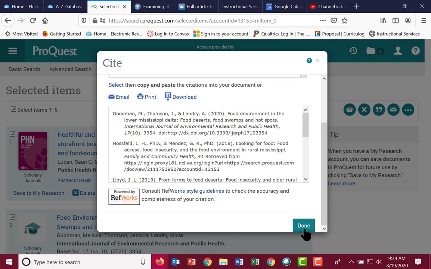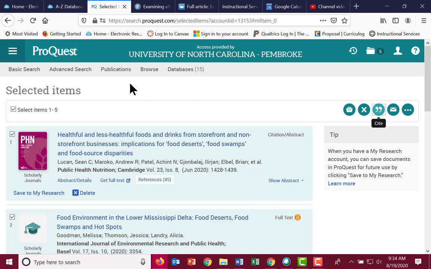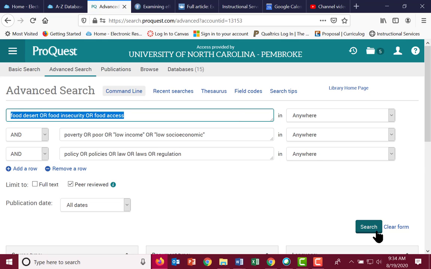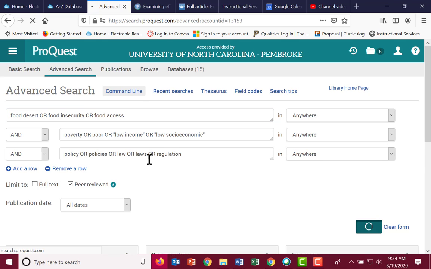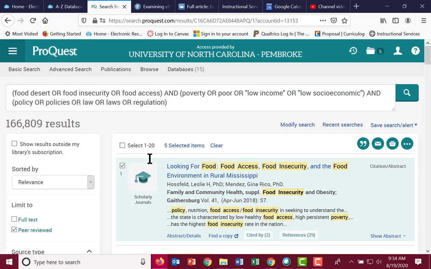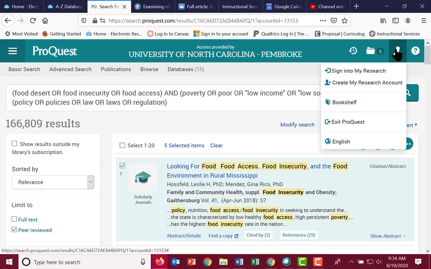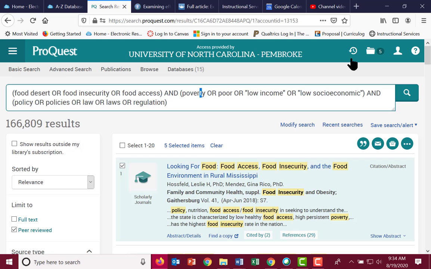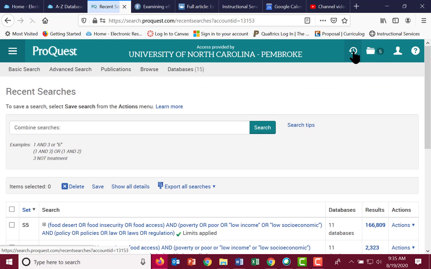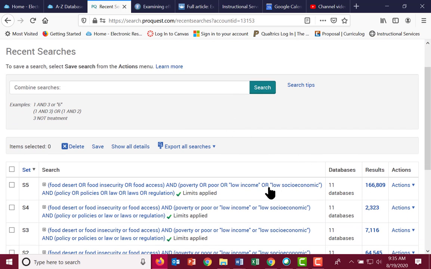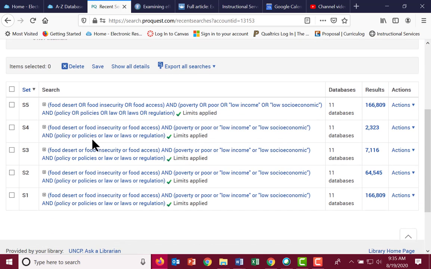So I'm back here. I'll click on Done. And again, I can go back to my databases, go back to my advanced search, and begin my search again. Again, here's where I would sign into my research or create an account if I wanted to save my items. If I wanted to look at my recent searches, here they are. And you can see the steps I used to find them. And if I wanted to go back,